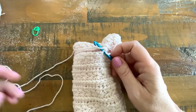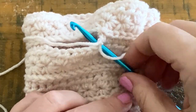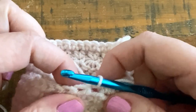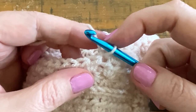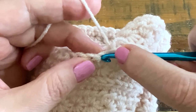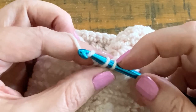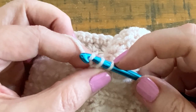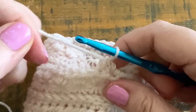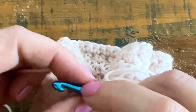And let's bring the camera in. So all I'm going to do, just to match the pattern, is bring up a loop there and slip stitch in each stitch around the hole where the thumb goes. So put your hook in there, pull up a loop, and sorry, not slip stitch, single crochet in each stitch around the thumb,